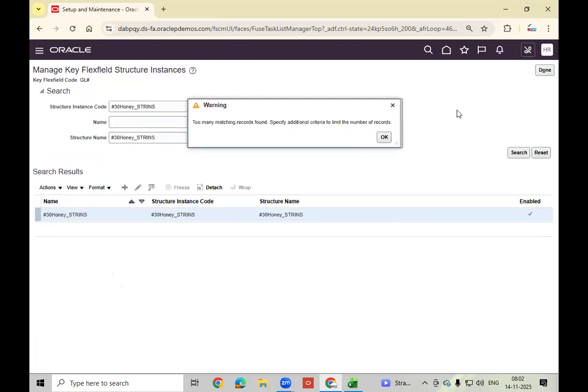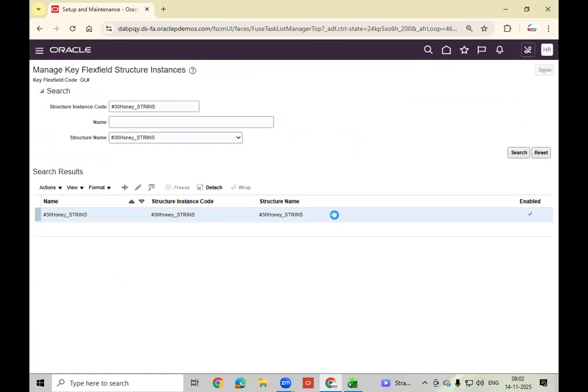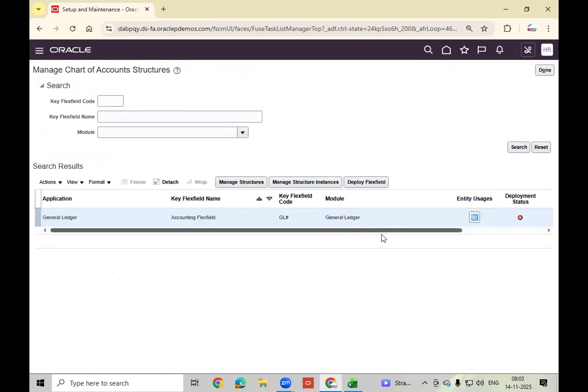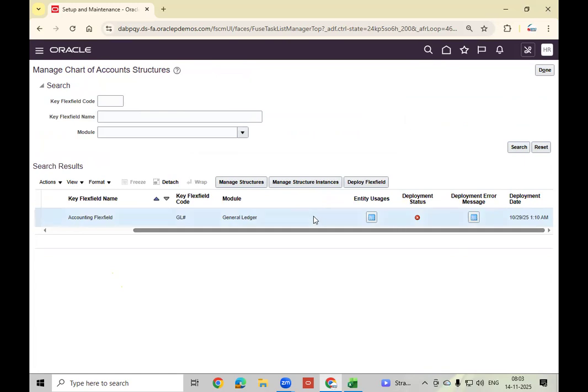So we don't know how this is added, but anyway, we'll see that. Okay. You may also face the same issue. Don't worry, just create and complete.